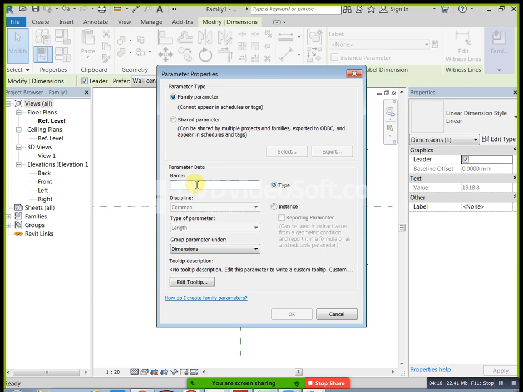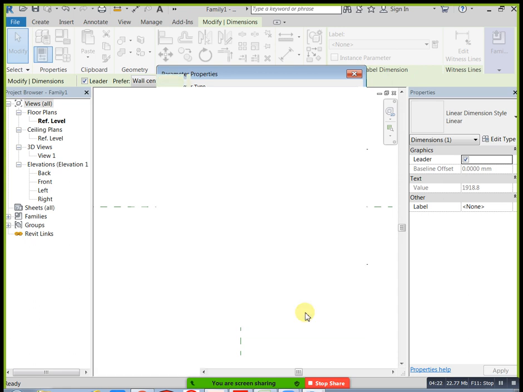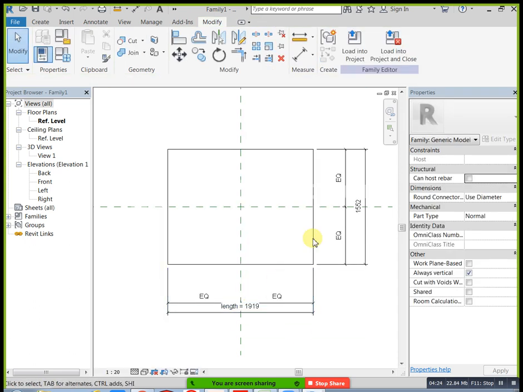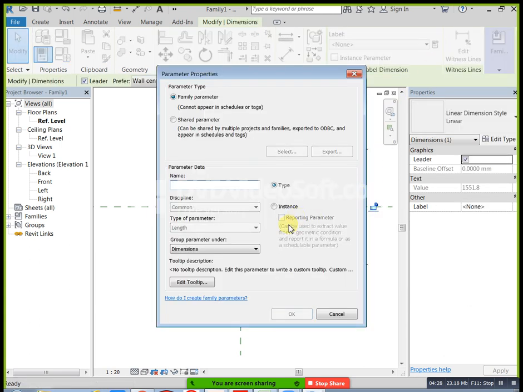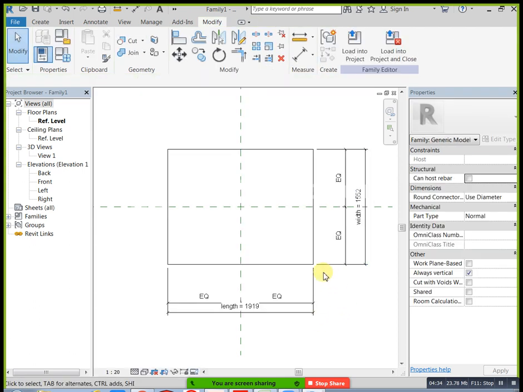For example, length, you can mention length here and click OK. See, length came. Again select this one, Create Parameter, apply width. Then you can see length and width both are there.